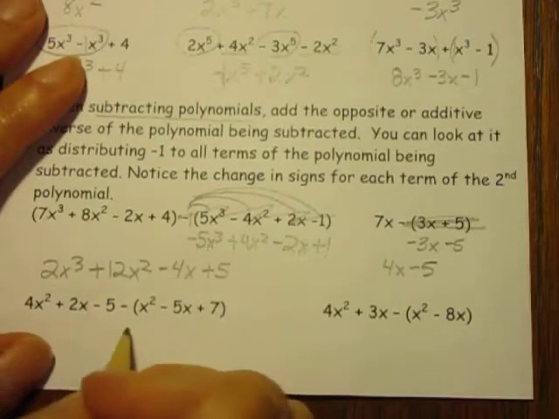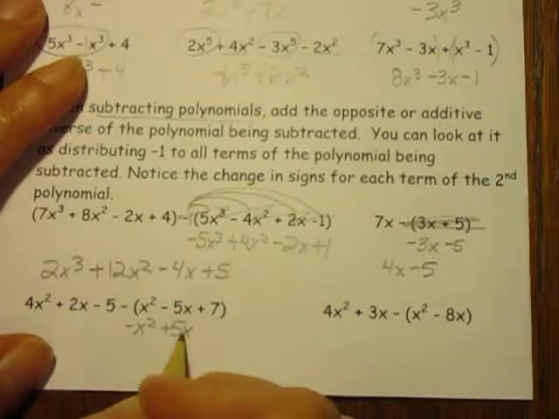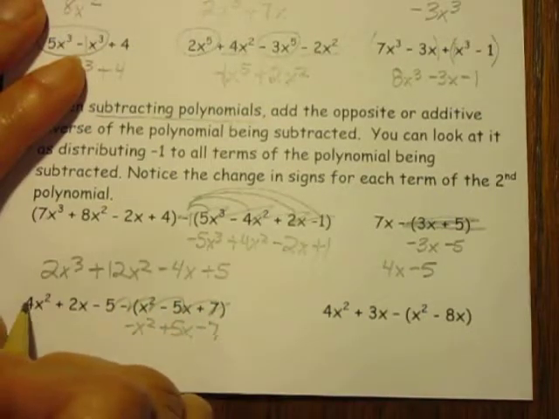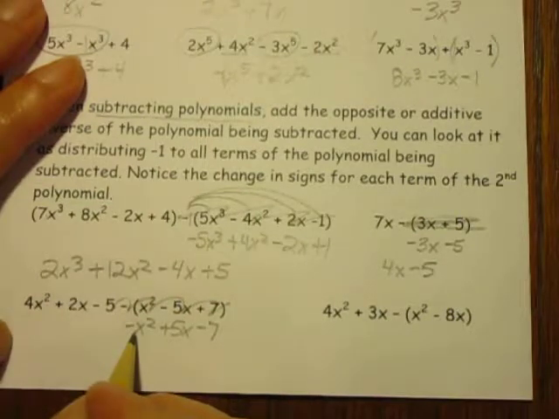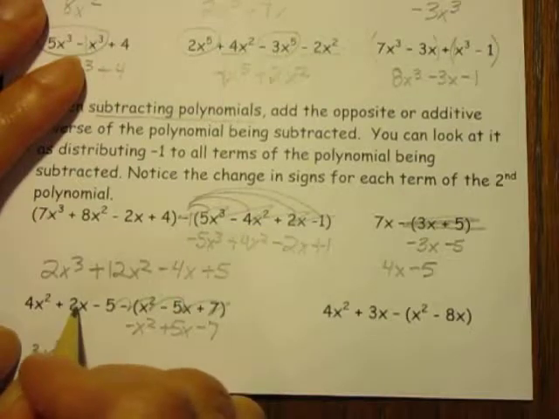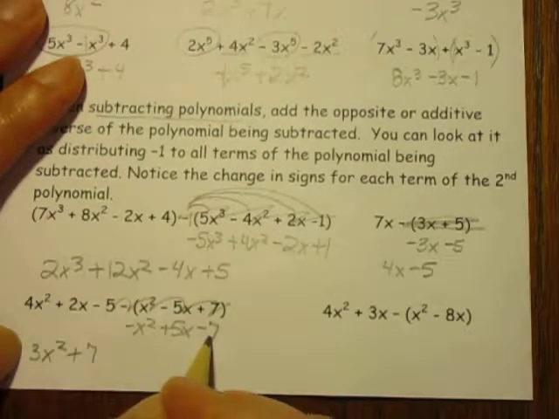Same thing here. I'm going to change all these signs. So I'm going to have minus x squared. That becomes plus 5x. This becomes minus 7. So I found a new way to write all that. So 4x squared collected with negative 1x squared is going to give me 3x squared. 2x and 5x is going to give me 7x, and negative 5 and negative 7 is going to give me